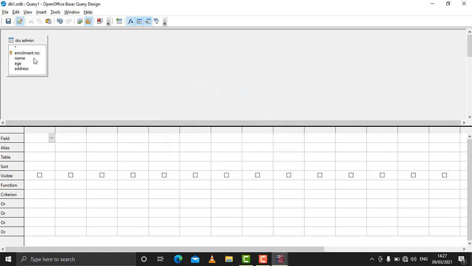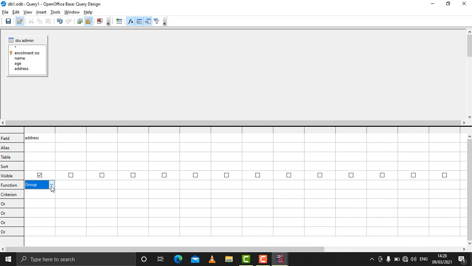So I want, suppose, a field I have to select. This is what I'm telling you about grouping the data, how to group the data if a table has similar kind of data. Suppose that I have to group according to the address. Okay, so I'll select the field from here, and after that I have to come to function here. You have to select group. This will help to group similar kind of data. On that you can perform some functions.